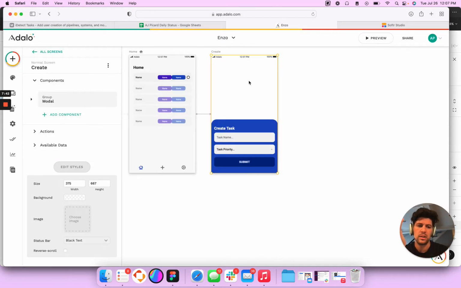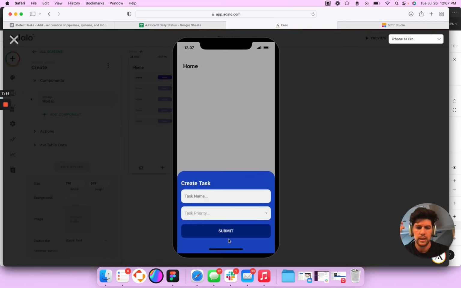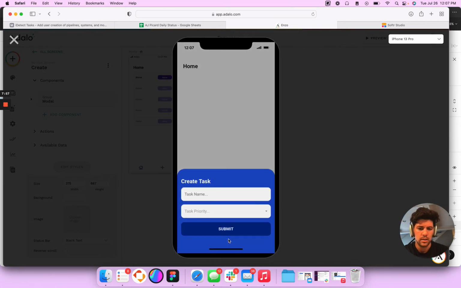Adalo should just make this transparent, because if you're choosing a modal, you're going to want to have by default a transparent background, or maybe with very little opacity, on that page, because that's what a modal does. It's supposed to look like this, right? So we're going to testing task, low priority, submit,